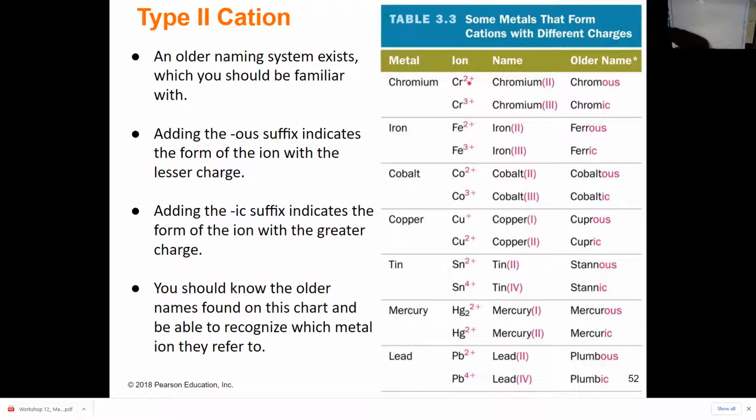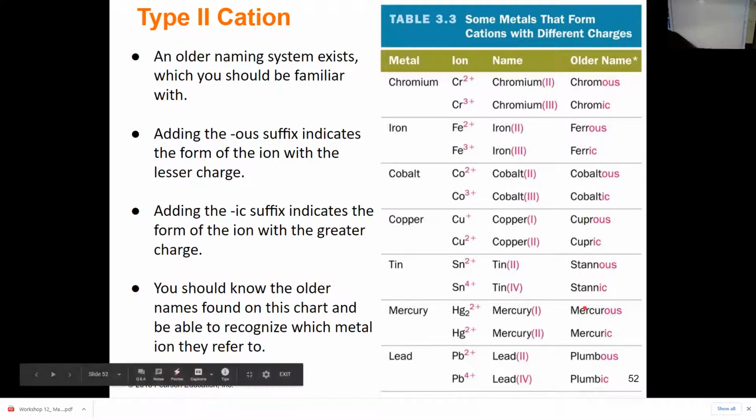The ion that has the smaller positive charge is always going to have the OUS ending. And the ion with the larger positive charge is going to have the IC ending. Okay? That's a relationship that you need to pull out of this table. The other thing that you need to pull out of this table are the different name formats of these things,